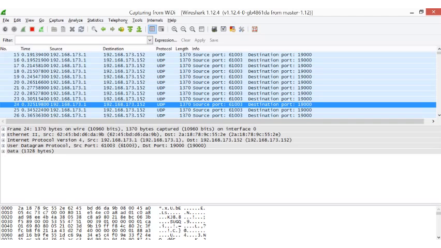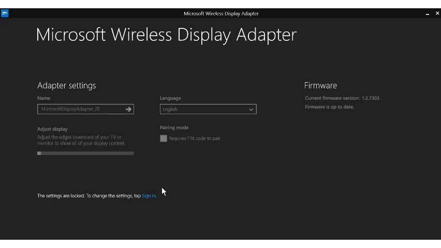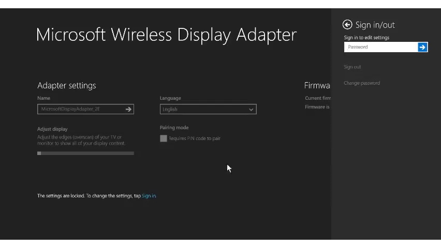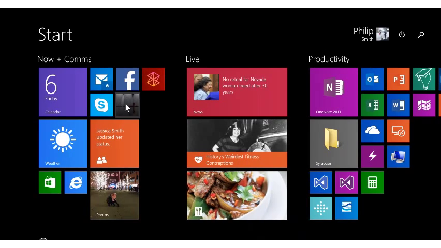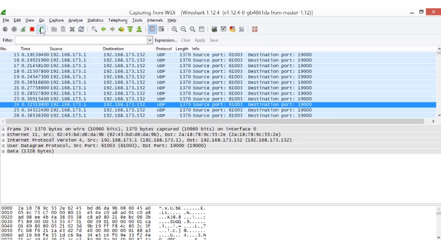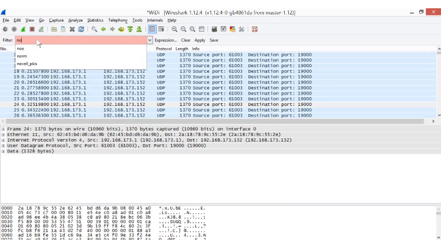I say should be. While that's running, let me make sure it's still actually capturing. It is. I'm going to show you something. I had set a password on this previously of 1, 2, 3, 4, 5, 6, 7, 8. I'm going to put that in here for demonstration purposes, and we'll note that it unlocks it, because you have to sign out and you can change stuff. You can change the name and all that good stuff. So if we stop the capture here, and we filter out our UDP,